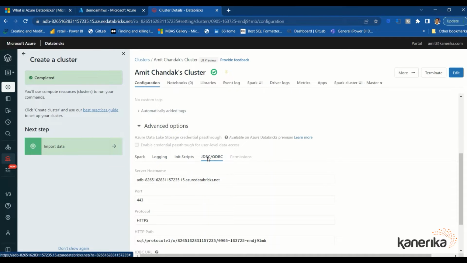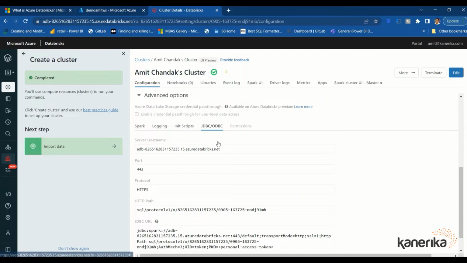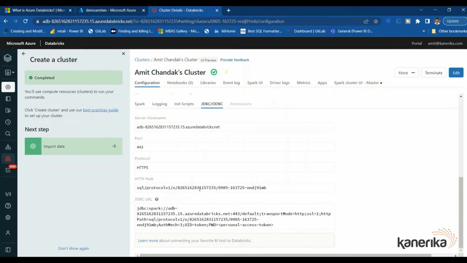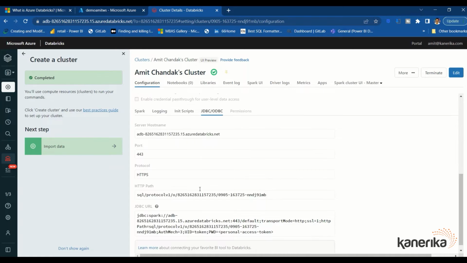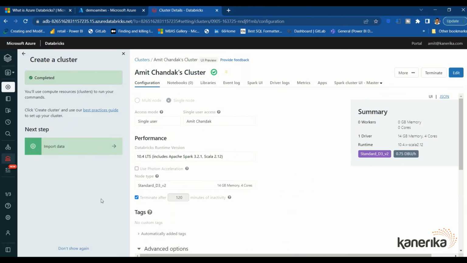But the most important thing is this JDBC ODBC, because here you are getting this server host name and HTTP path. This is what you are going to use in Power BI. So we are done with creating our cluster. The cluster is ready, and the next step is to create a